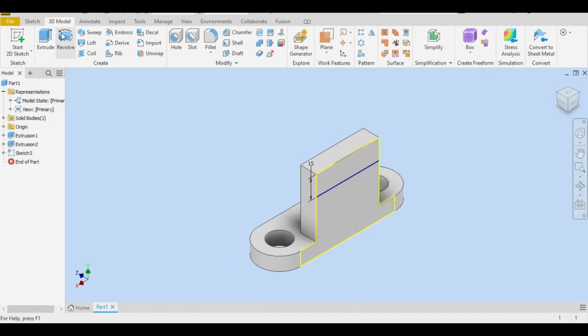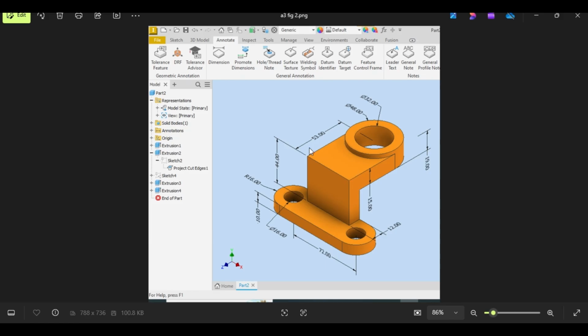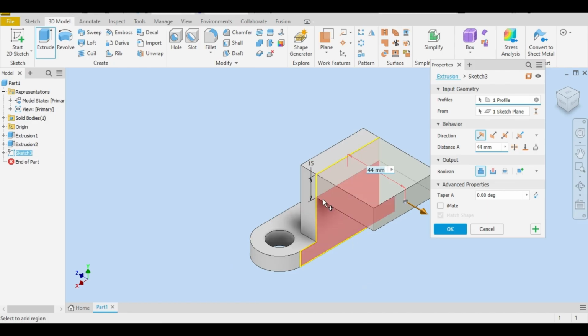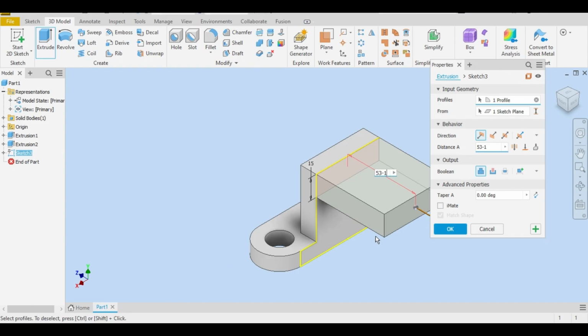Let me select extrude and select this face, and it is 53 millimeters, so I will just simply subtract the 12 here because I am starting from this face, not here. So I will just simply do 53 minus 12. I will just simply do that like this. Okay,